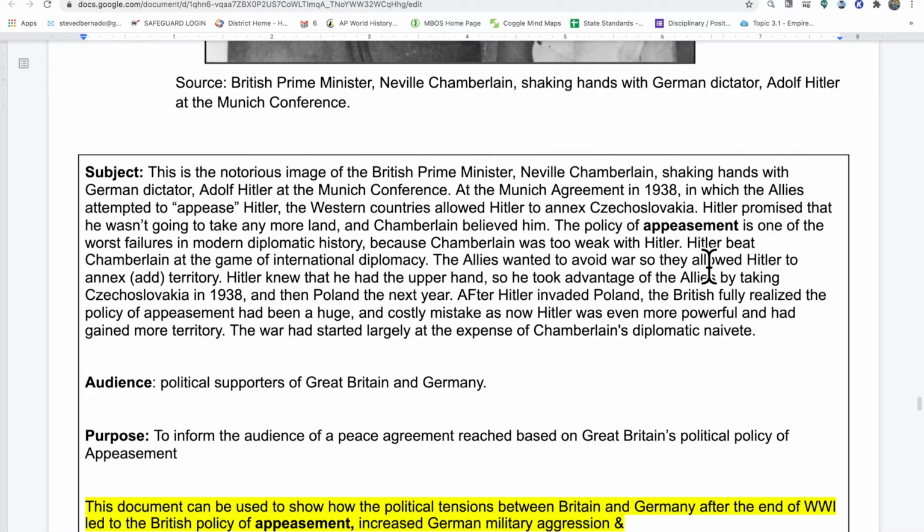The policy of appeasement is one of the worst failures in modern diplomatic history because Chamberlain was too weak with Hitler. Hitler beat Chamberlain at the game of international diplomacy. The Allies wanted to avoid war, so they allowed Hitler to annex territory. Nobody wanted a World War II after World War I. All the countries of Western Europe were very uneasy about going head-to-head with Hitler and his new form of militarism,